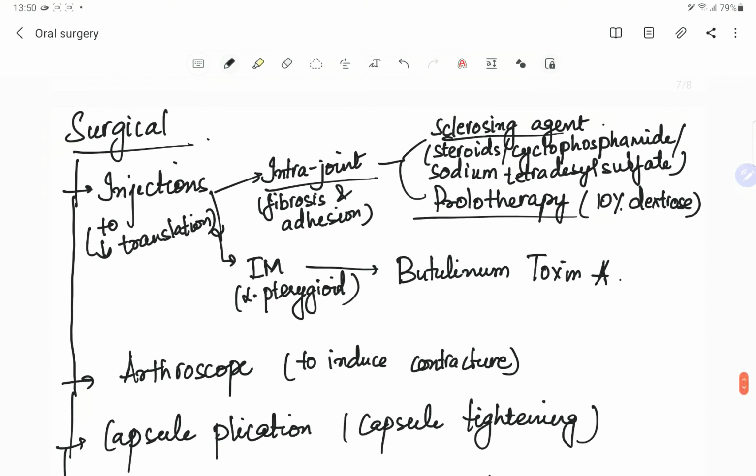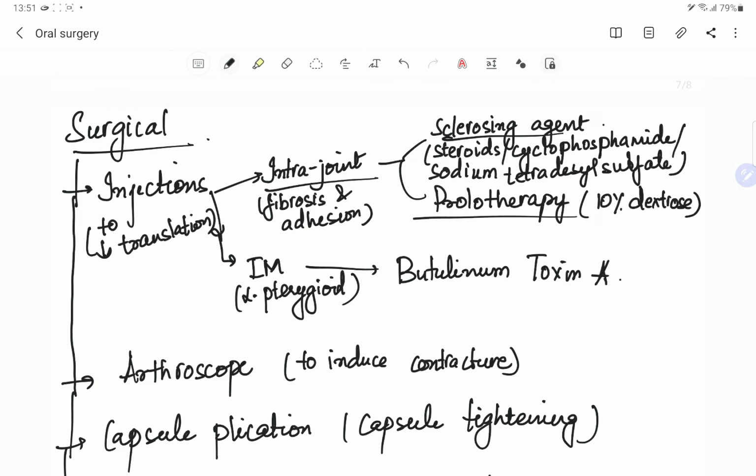Now the surgical management, we have to reduce the translation so that the condyle doesn't go to the anterior slope. It stops at the posterior slope. So if we reduce the translation, we can reduce the movement. So how do we do it? Either we give intra-joint injections of sclerosing agents, steroids or sodium tetradecyl sulfate, cyclophosphamide, or we can give 10% dextrose. So basically we are limiting the motion, we are reducing the translation by inducing fibrosis, by adhesions, by adhering. Also we can give the botulinum injection, which is basically a muscle relaxant, which is an inhibitor of